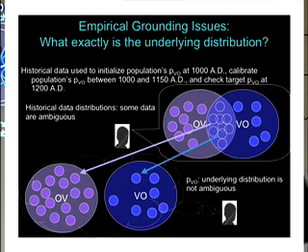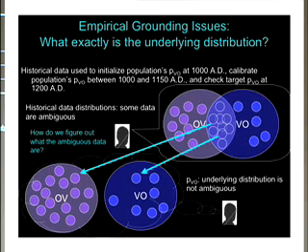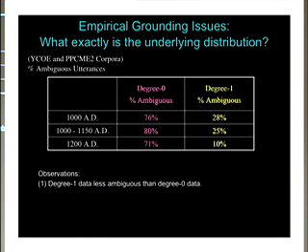How do you decide which of these ambiguous data points were object-verb initially, in the underlying distribution, and which ones were verb-object? And so to do this, this is a glance at the distributions we have available. We have 2 available to us. We have the degree 0 distribution, which is the one in this case that kids have been learning from. But we also have the embedded clause distribution. And they actually look quite different, which was one of the original motivations for proposing a degree 0 bias in learning. The first has to do with how much of the data is ambiguous between these 2 orders.